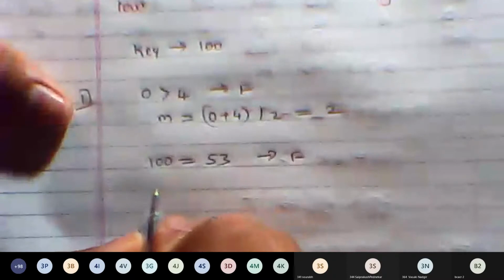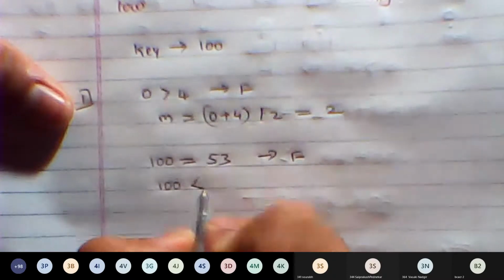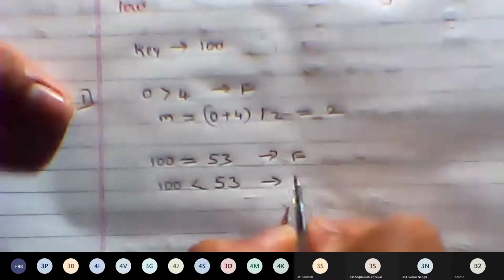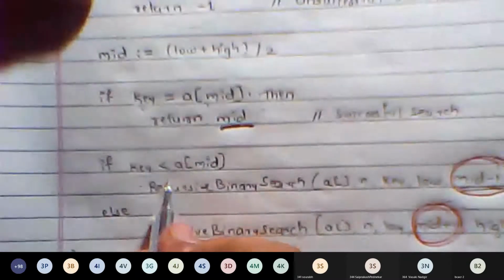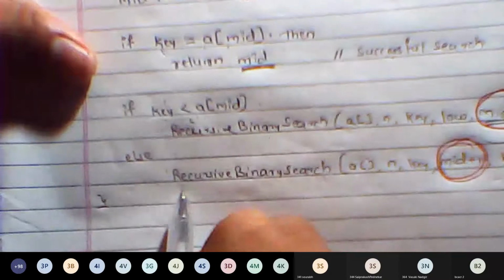How can we judge that? By comparing one more condition: is 100 less than 53? Again, this condition turns out to be false. Since this is false, the else block will be executed.